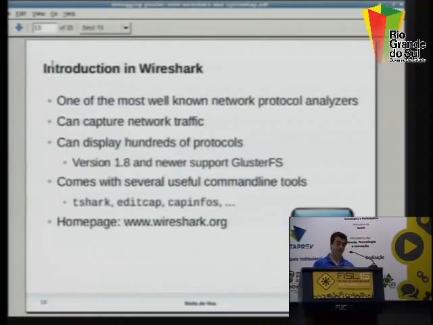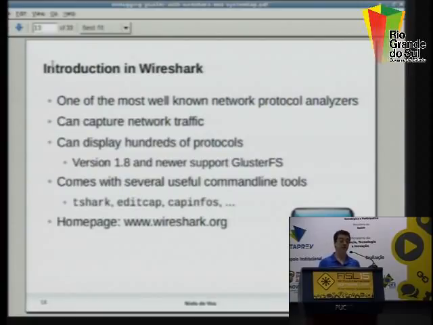With version 1.8, we now support GlusterFS. That was my first experience with adding support for Wireshark, because when Red Hat bought Gluster, I was one of the engineers that was supposed to learn about Gluster and support customer problems with that. The first thing a support engineer does is capture network traffic and see, okay, we have a network file system, so how does it compare to NFS? What details can we get? If you capture this network traffic